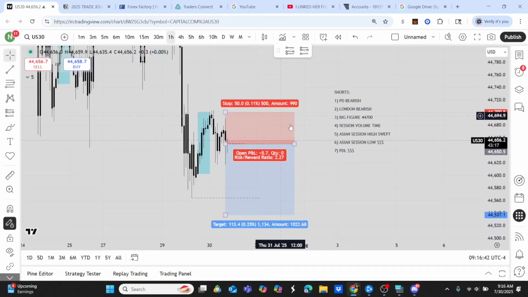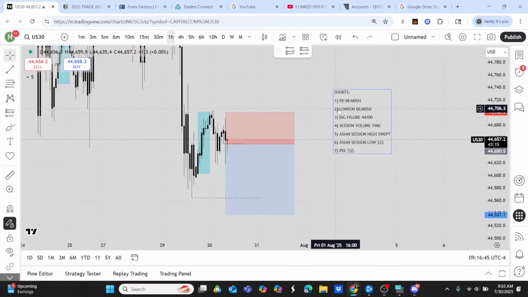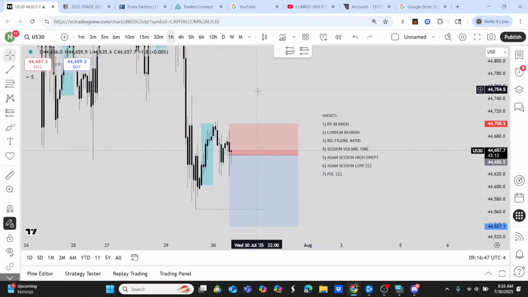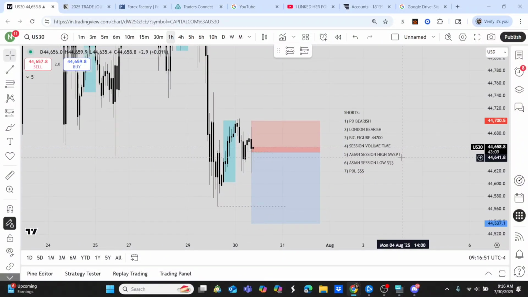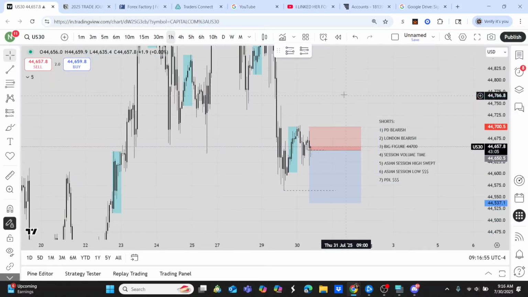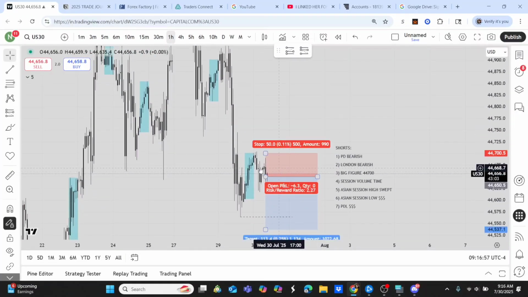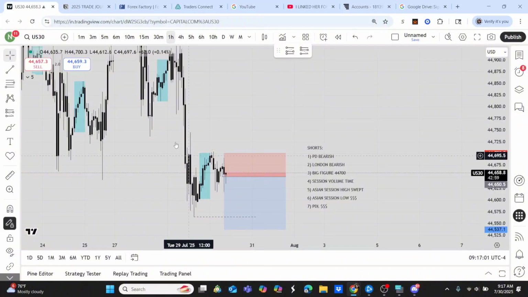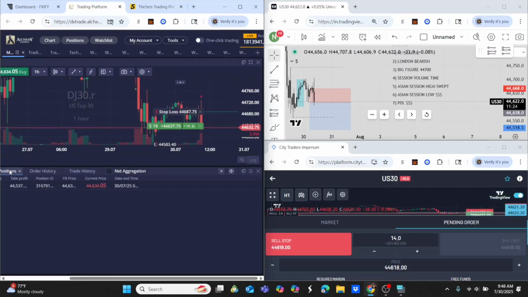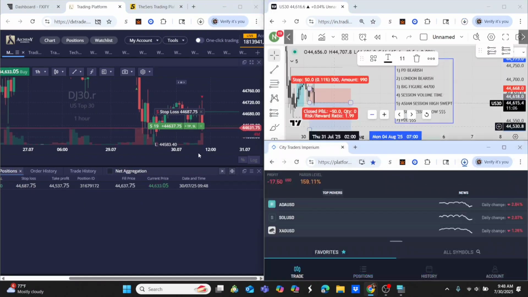All right, it is Wednesday right now. I got a list of confluences for shorts. Yeah, the day looks very self-explanatory. It looks clearly short to me, so I'm gonna try to look for shorts at this area when 9:30 hits, because I have a list of confluences, I have my reasons, and we're gonna see what it's heading for. I just got into a trade just now, so we're gonna see.